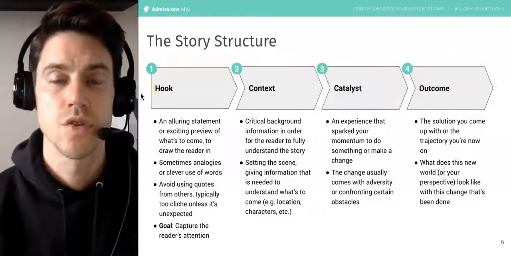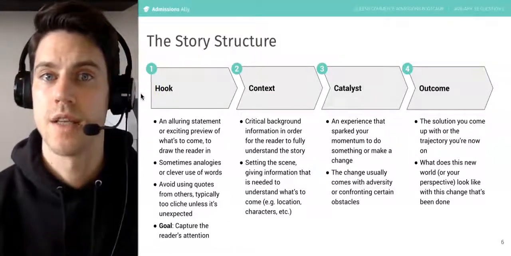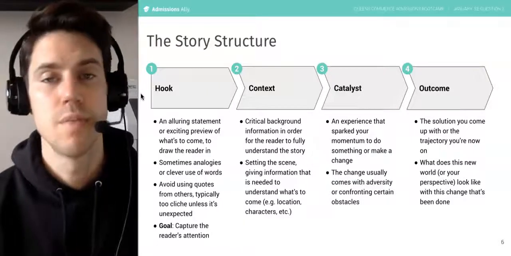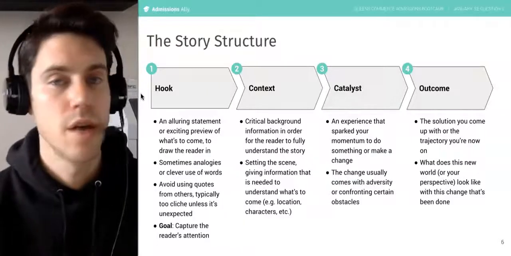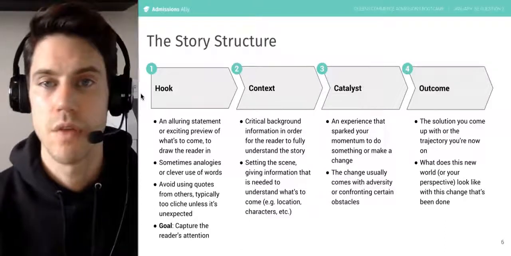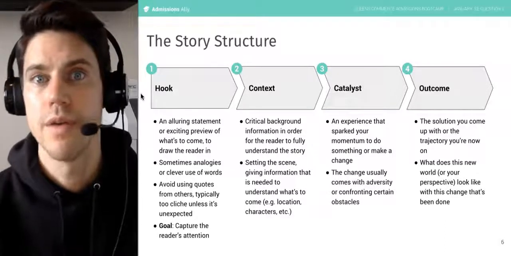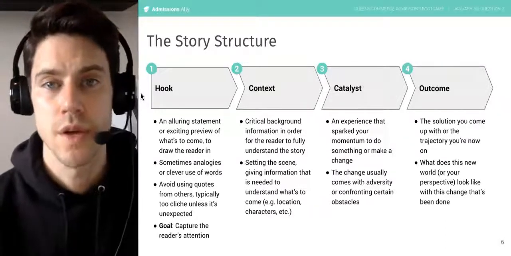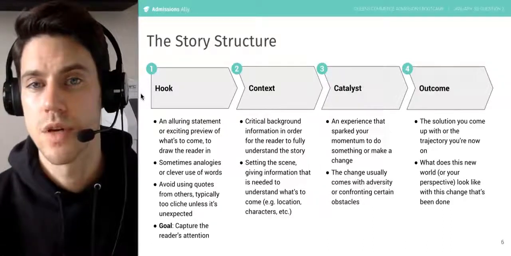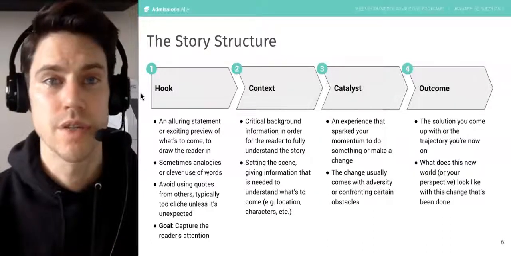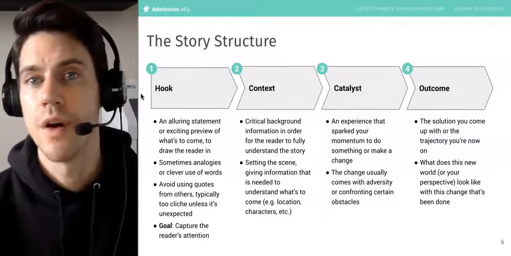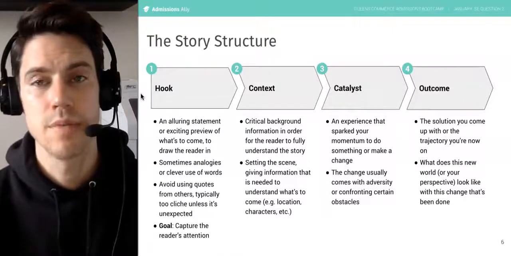Remember, these are stories. They're not essays. If you write an essay, you're not going to be differentiated. The reader isn't going to remember you, and they're not going to feel emotions when they read about you, and they're not going to know who you are. Whereas if you write a story and you're the lead character in that story, it's going to be much more interesting and exciting to read, and they're going to know who you are as a character and as a person.